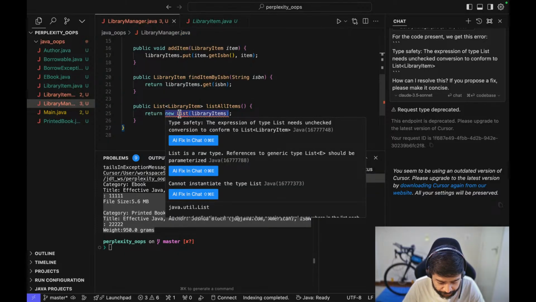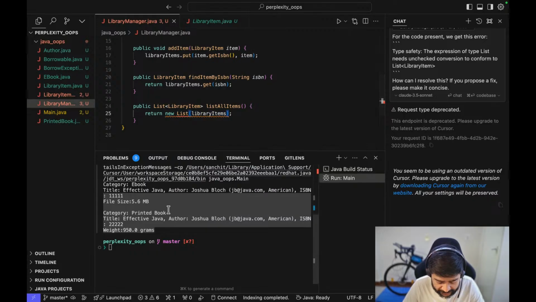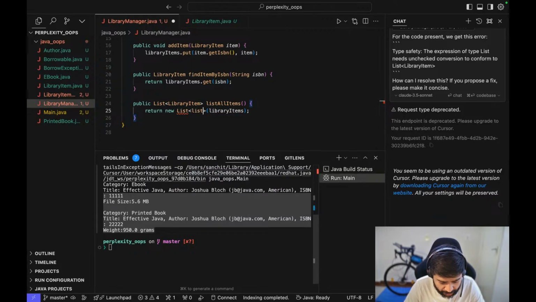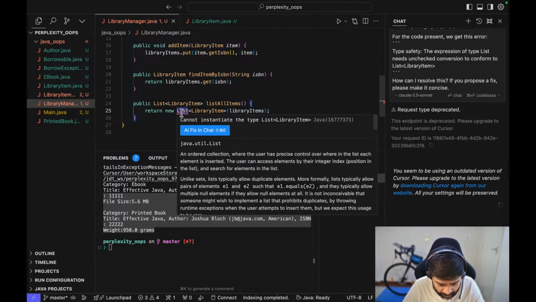Generic type list A should be parameterized. Okay, so list. Sorry, library item. Something happened. Cannot instantiate the type list of library item. This precise control over the list, each element is inserted. Thus you can access them by an integer index, position in the list, and search for the elements in the list. Unlike sets, list allow